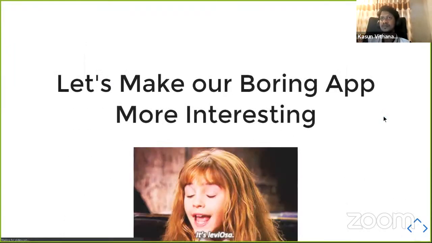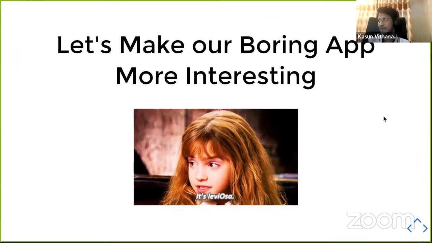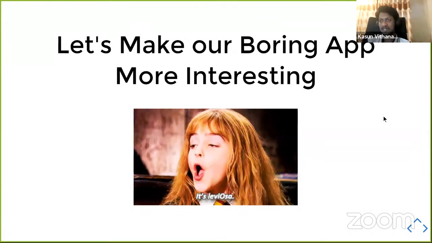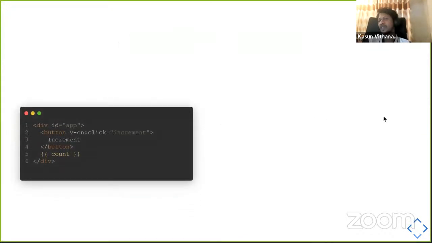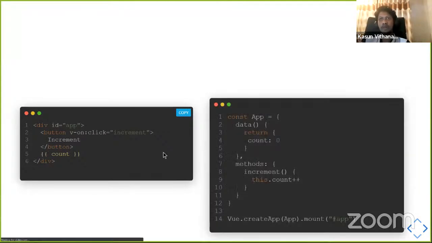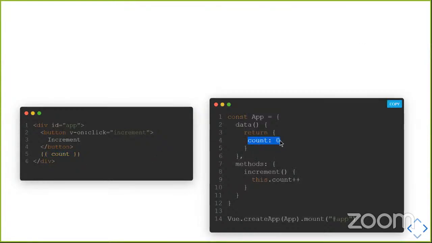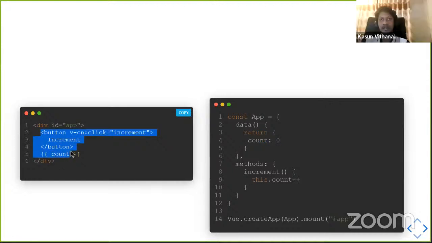Okay, now I know that it's a very boring application. So now let's make it much more interesting. For this, I'm trying to do a very simple thing. I'm trying to handle events. Handling events means that you are responding to user actions. For that, I have used the same example, but I slightly modified it. Instead of message, I have a count here. So count is defined in here, which is set to 0. And I have added a button which has the text of increment, and